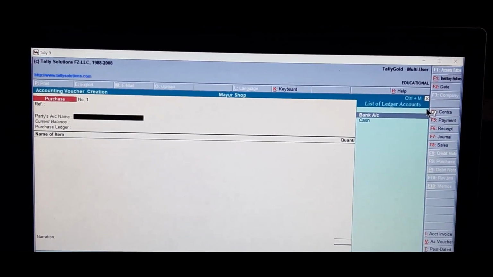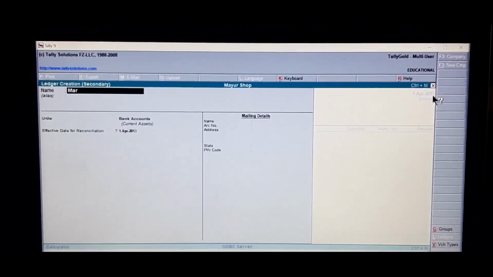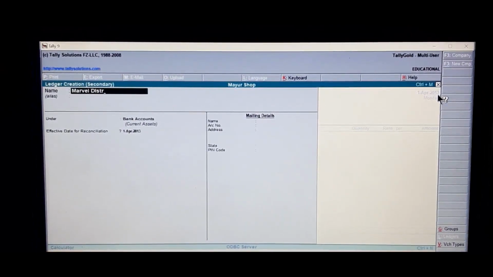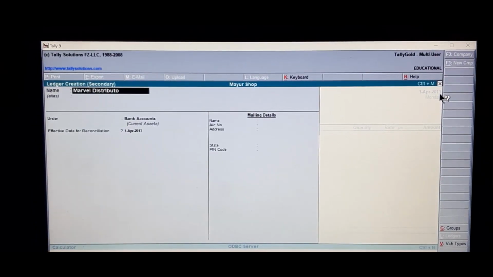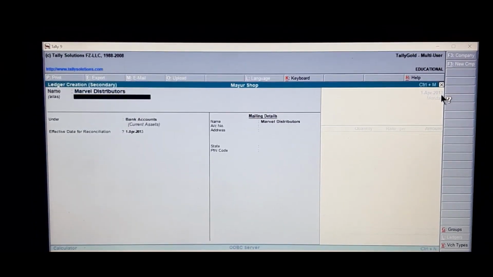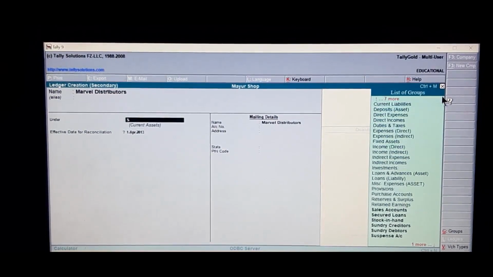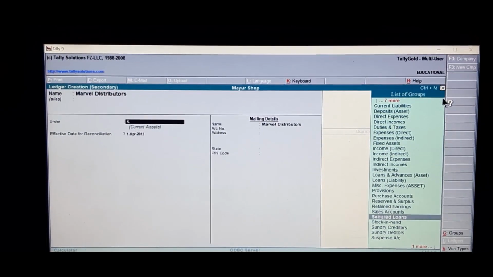Alt C to create Marvel Distributors. This has to be allocated under the group Sundry Creditors.